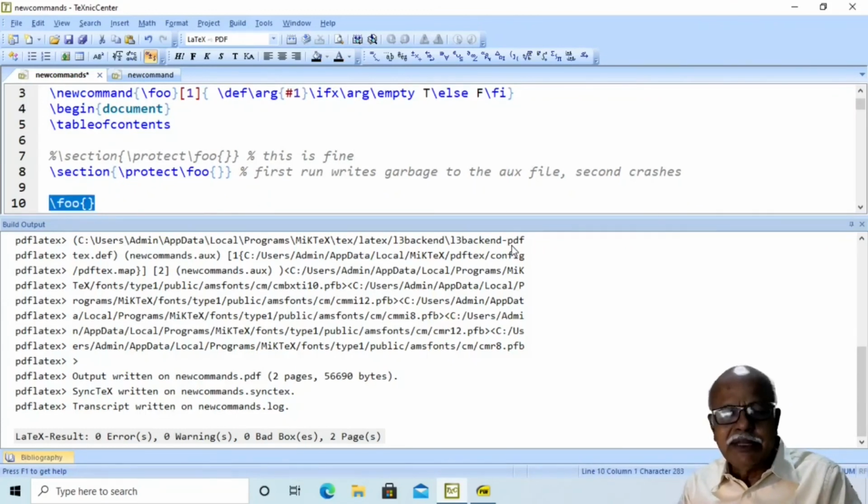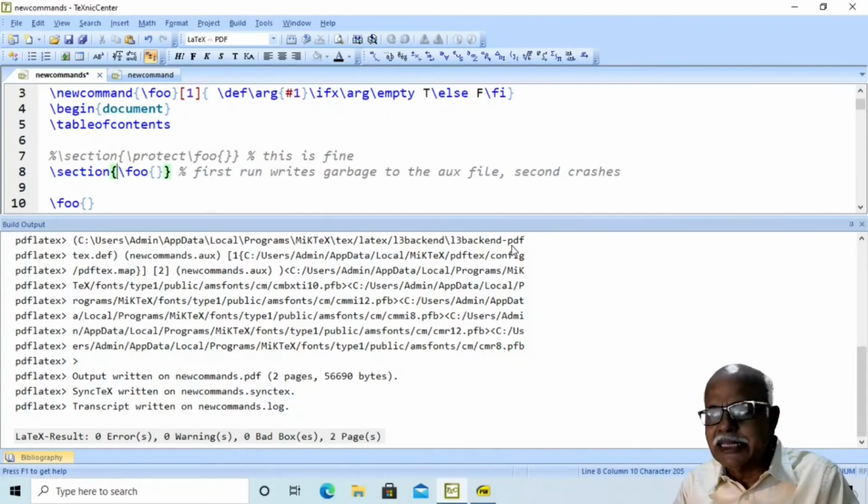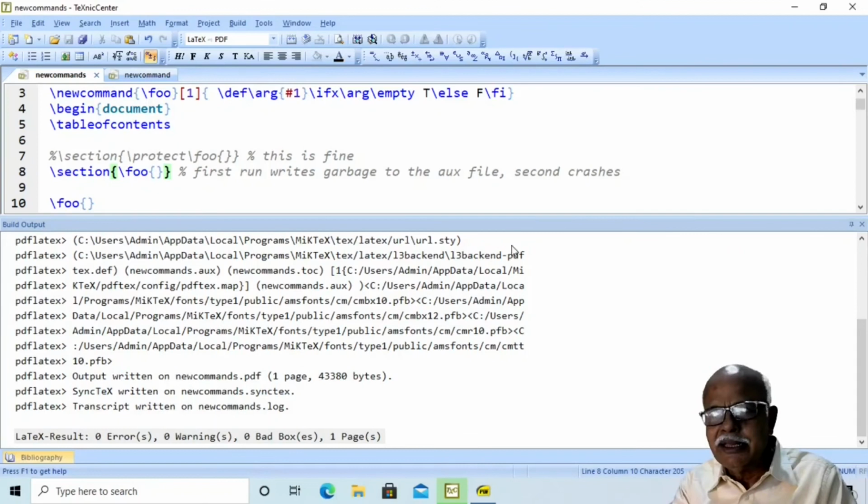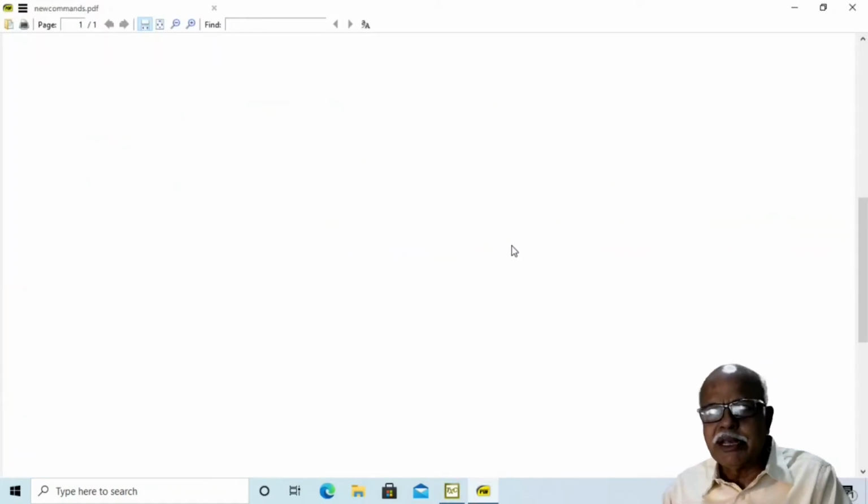Now, we give the command \foo in the document, and also we use this in the section argument like this. Now, let us say we simply use it like this. We compile, we find the output like this.